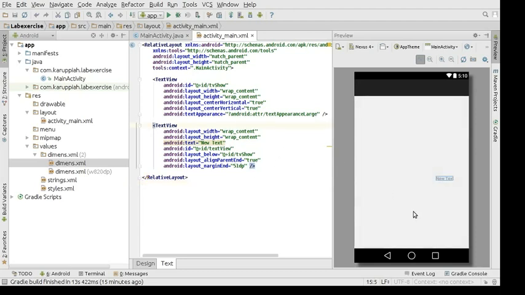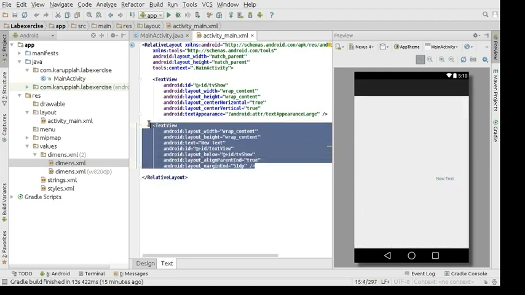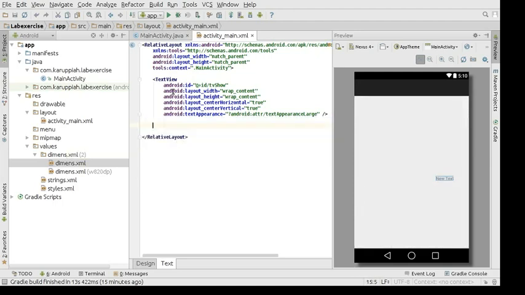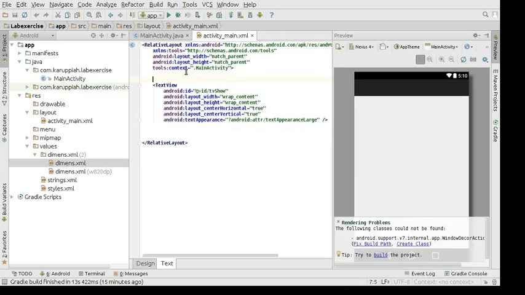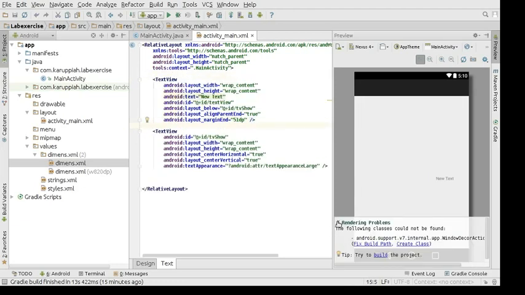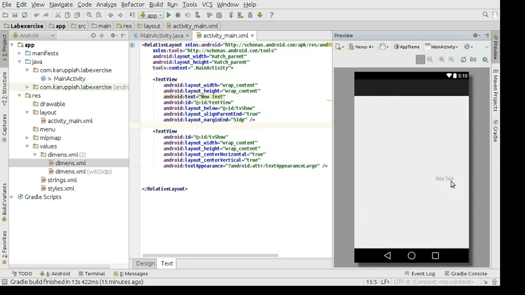Sometimes when there are forms, you'll have so many text views and so many buttons, and your XML can have the text view on top, and still this can be on top.